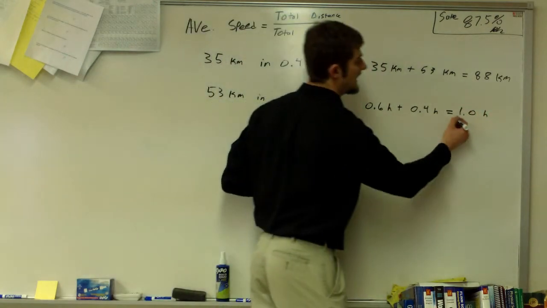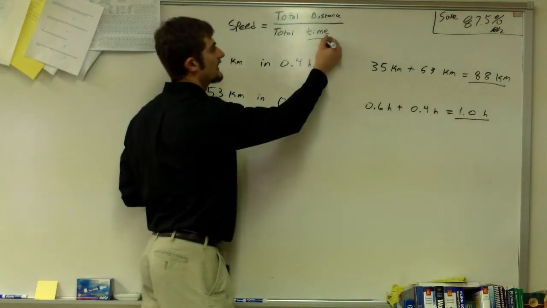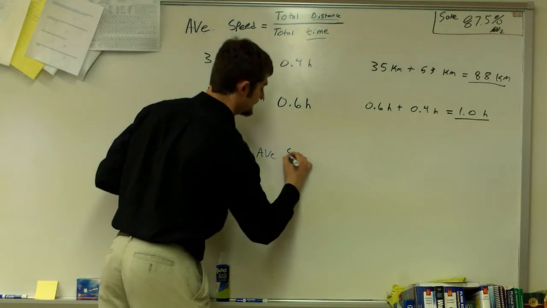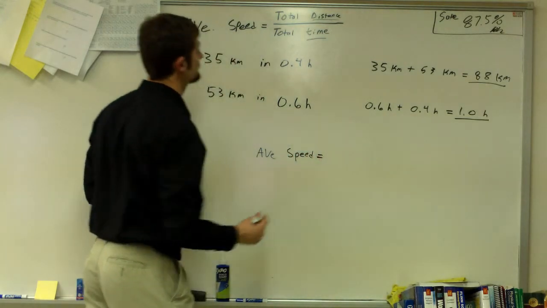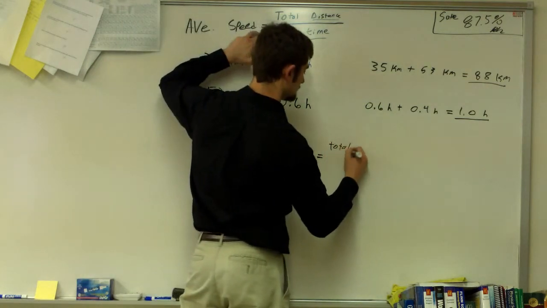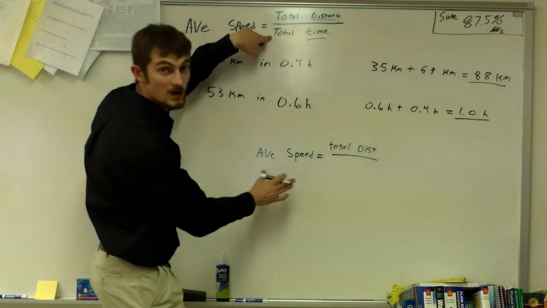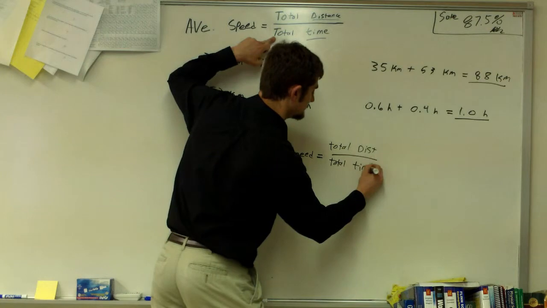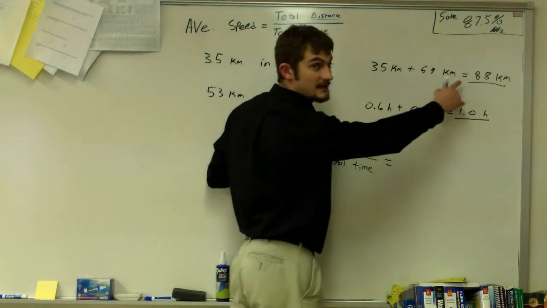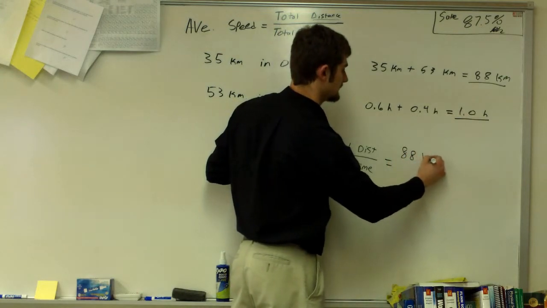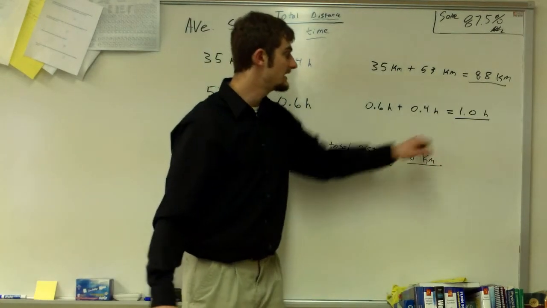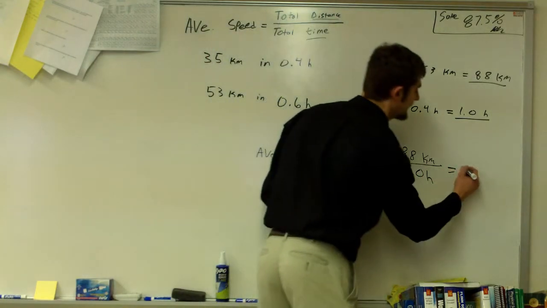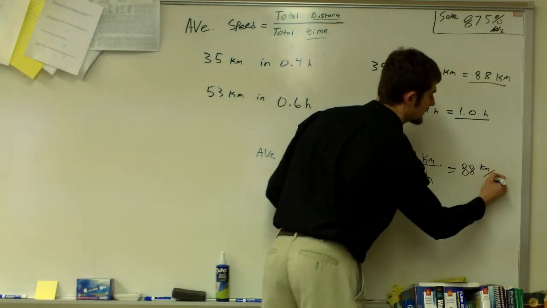Now we just plug our time and distance into our formula. So we have average speed equals total distance divided by, and I do want you to write these formulas all the way out as you work, the total time. So we'll put in for our distance 88 kilometers. And we're going to divide the 88 kilometers by 1.0 hours. And we come up with an answer of 88 kilometers per hour